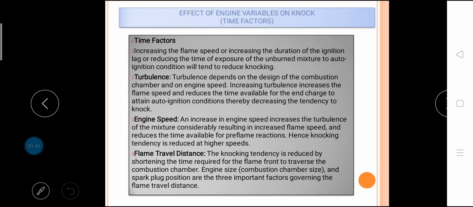Next, composition factors. Once the basic design of the engine is finalized, the fuel air ratio and the properties of the fuel, particularly the octane rating, play a crucial role in controlling the knock. Fuel air ratio. The flame speeds are affected by fuel air ratio. Also, the flame temperature and reaction time are different for different fuel air ratios. Maximum flame temperature is obtained when equivalence ratio is equal to 1.1 to 1.2, whereas equivalence ratio equal to 1 gives minimum reaction time for auto-ignition.